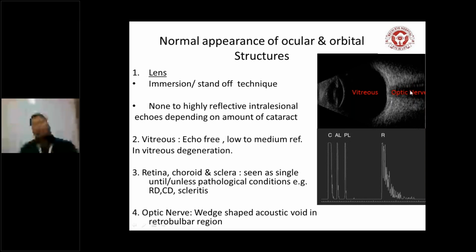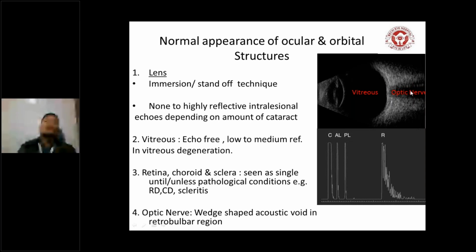Similarly, in ocular scans, there are two probe placements in orbital scan. One is transocular, the other is paraocular scan. In transocular scan, the probe is placed within the muscular cone, and it is used to see the lesions of the mid and posterior orbit. In paraocular scan, the probe is placed beyond the muscular cone, just like you can see here, and it is used to visualize the lesions of the anterior orbit and